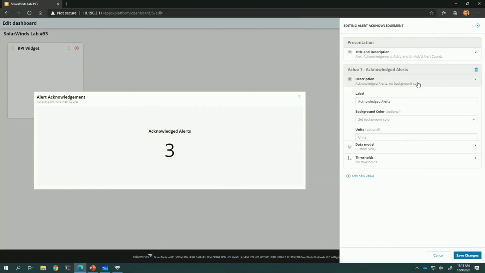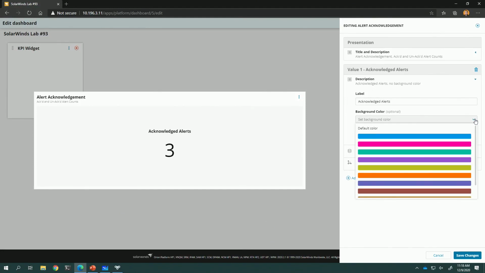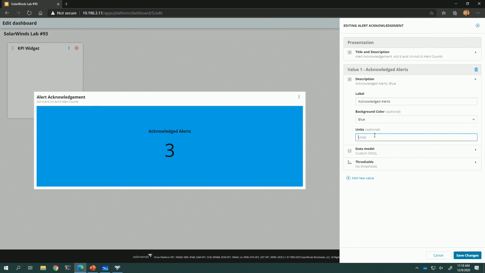So that's a single KPI metric in there. Now, if we want to put thresholds on this for acknowledged alerts, we can. But for me, I also do want to select a background color just because I want it to pop a little bit. And then you can select units, and they just go below the number, but that's unnecessary for alerts because it's a count. But if this is something like gigabits percentage, or gigabits per second, or something like actual megabits of free space, you'd want to put something in here to kind of set that off.